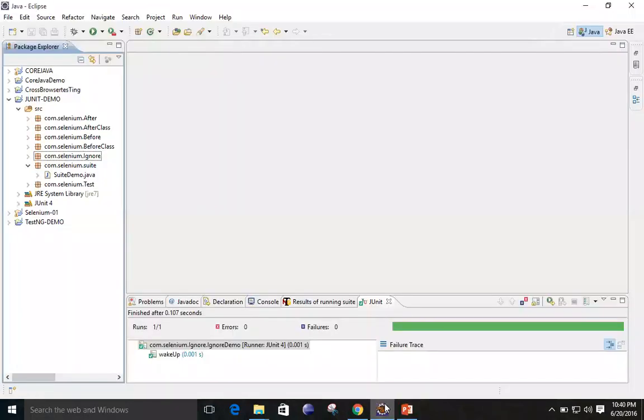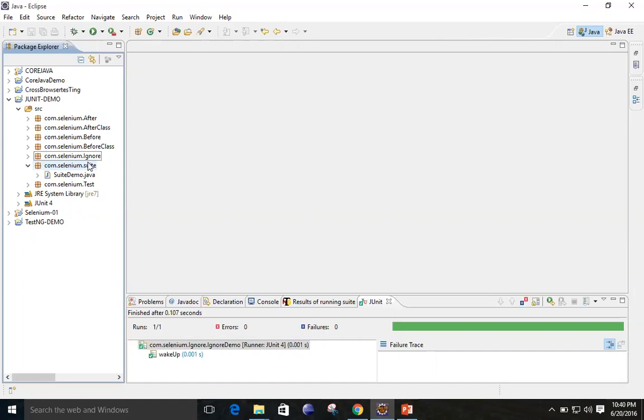How and what is the use of that test suite? Test suites means that suppose here I have written these 4 or 5, whatever the number of test cases. So it is a small number of times we can execute them separately, right? But there are thousands of test cases. At that time, I will not go and execute all the test cases separately. So we should have some feature or functionality by making use of which, if we run a single one, all the test cases get executed. So that's the purpose. We have to create the test suites.